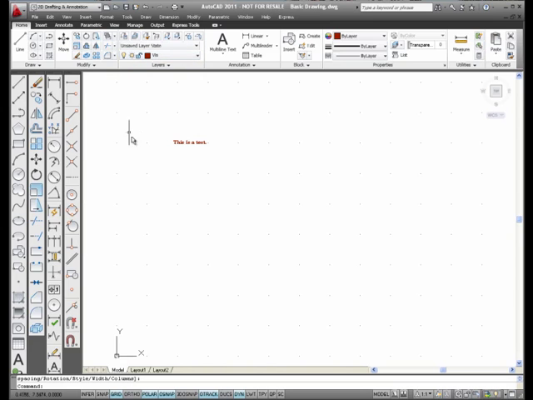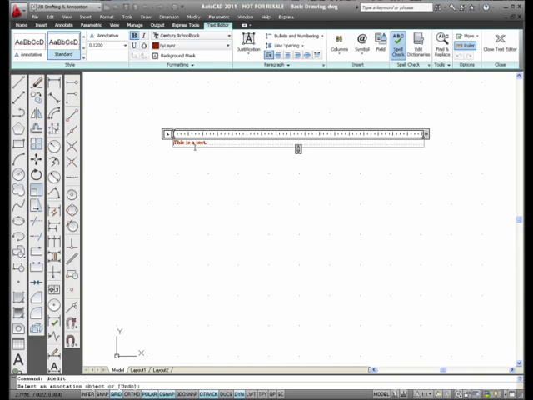Now in order to edit this text again, I'm going to type in DDEDIT and press enter. I'm going to pick my text and I'm back in the text editor. Now I'm going to continue, and I'm going to say I am drawing a circle with a 1